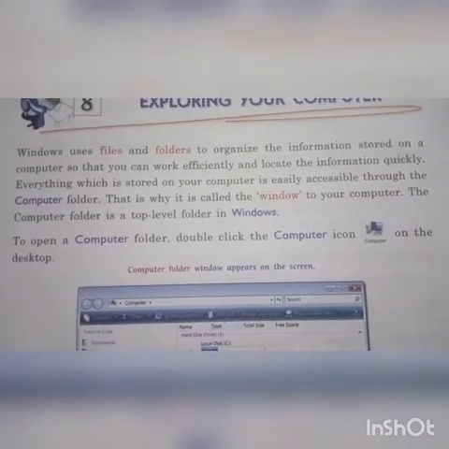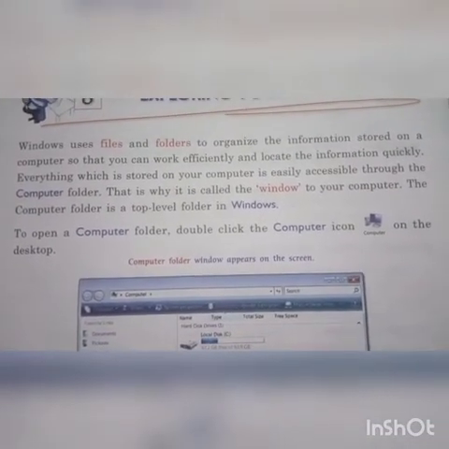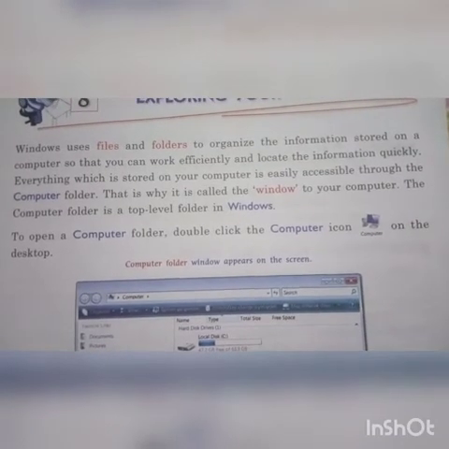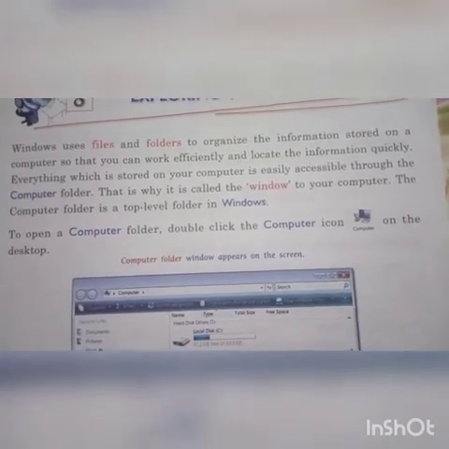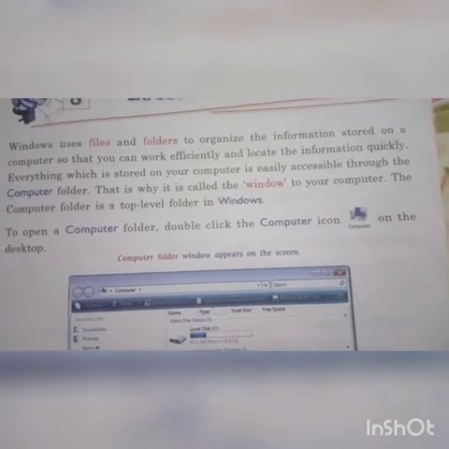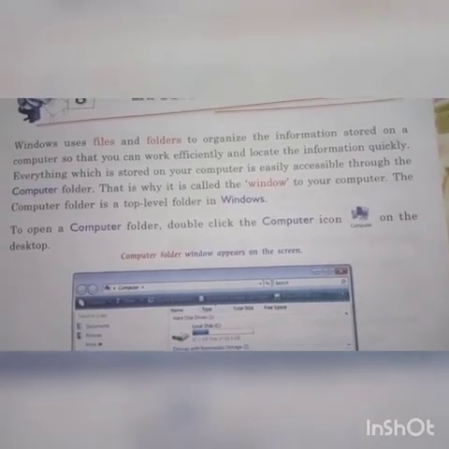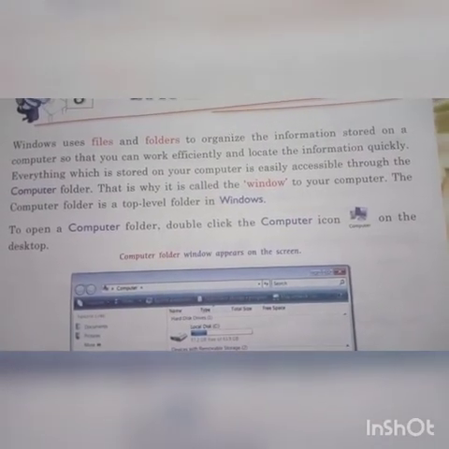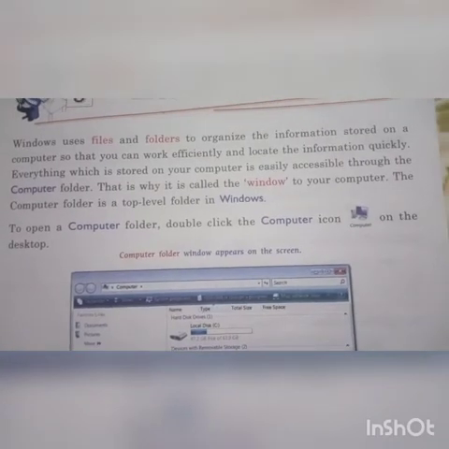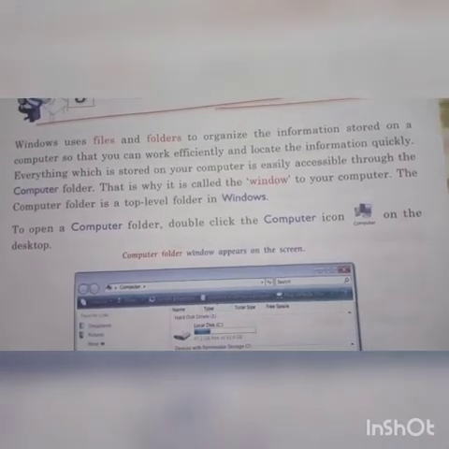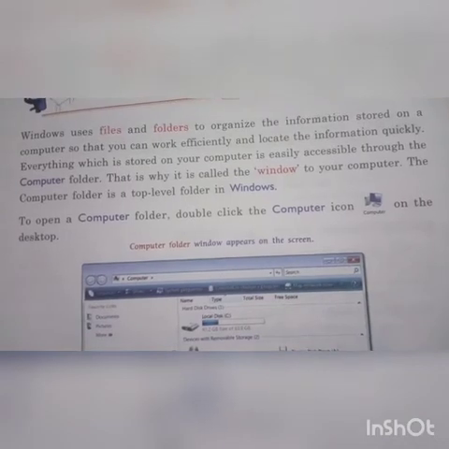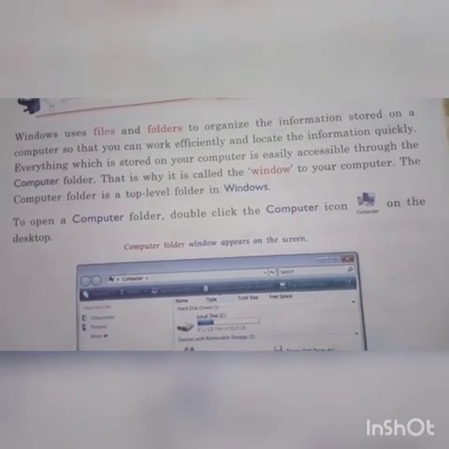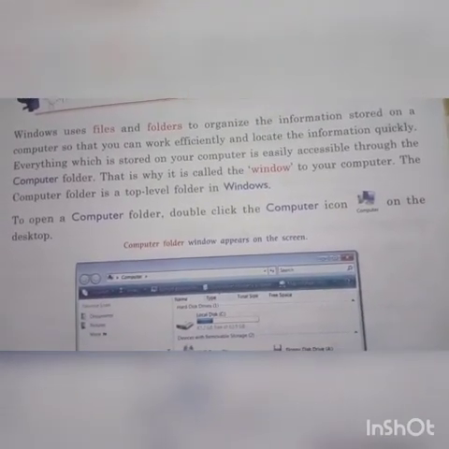Students, we have discussed files and folders in the last class. Windows uses files and folders to organize the information stored on a computer so that you can work efficiently and locate the information quickly.